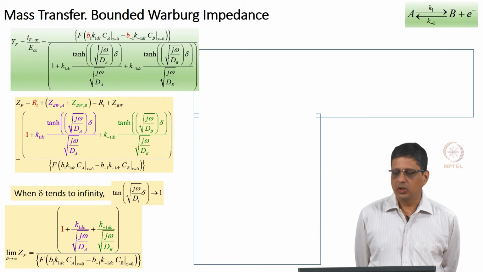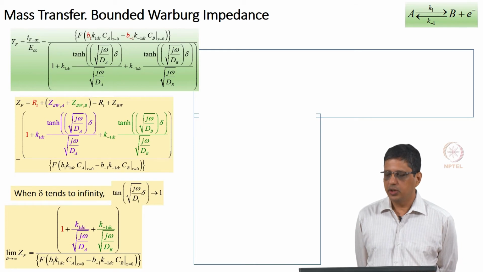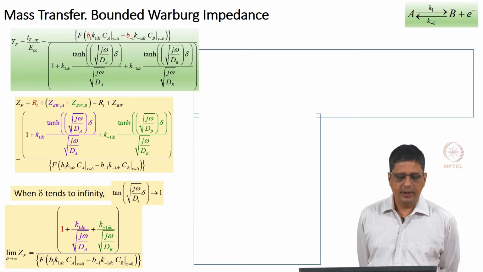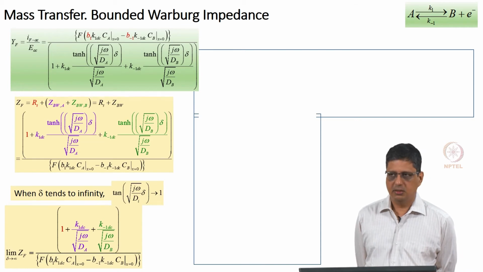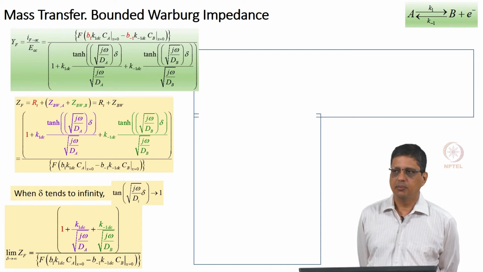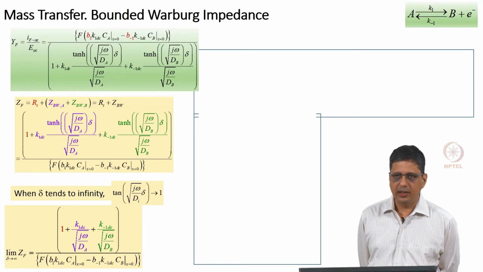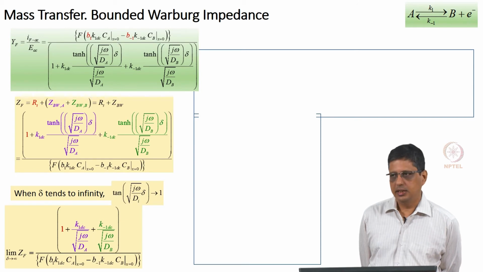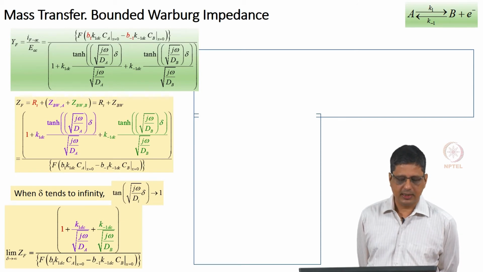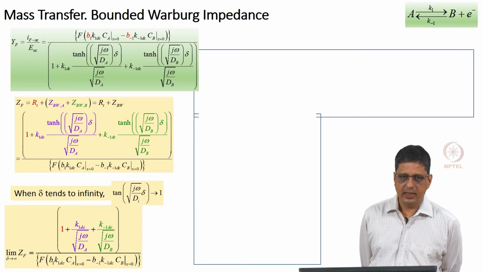So, we were looking at the electron transfer reaction A going to B, and we got a complex expression for impedance. We can simplify this to a more familiar expression if you assume that DC potential is 0, that is at OCP. Okay. So, right now the way I have written it is valid for any DC potential, with or without DC bias.